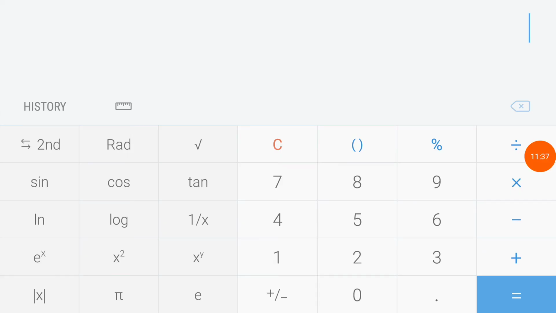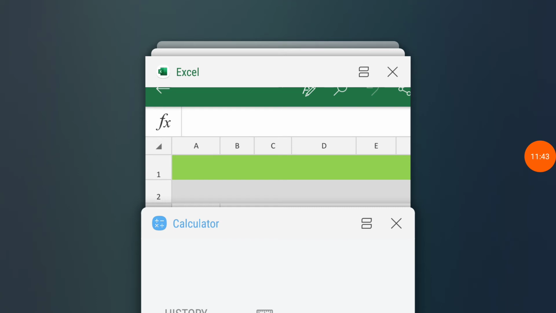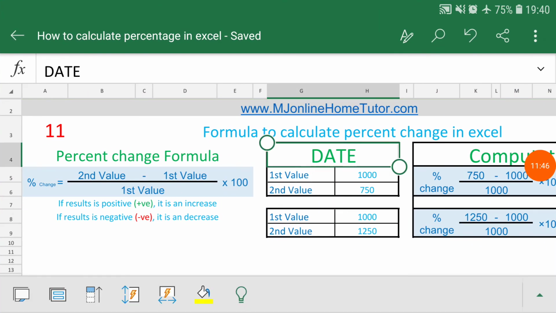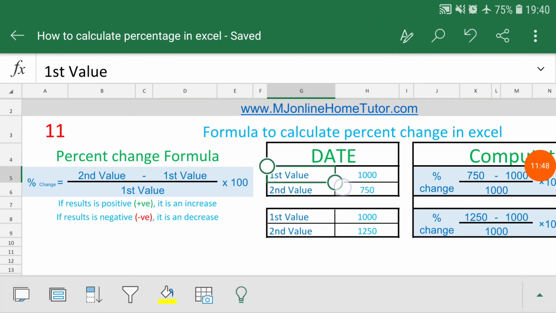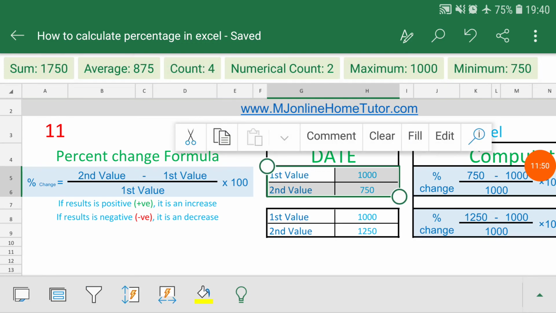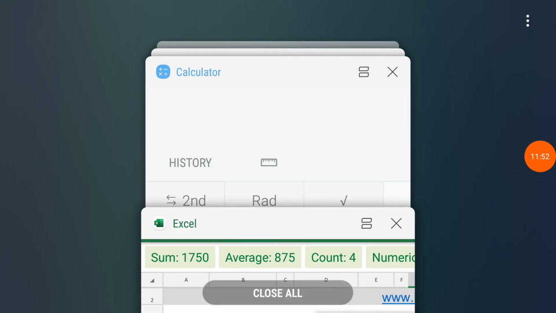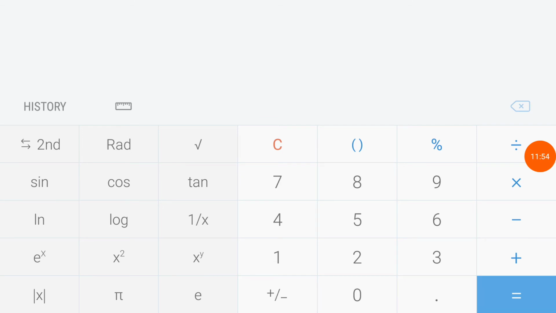Just a quick refresher, if someone asks you to calculate the percentage of change and gives you some data like this, how can you calculate on your mobile phone without Excel, if you don't have the Excel application? So I will calculate this example on the calculator which is available on our cell phone.